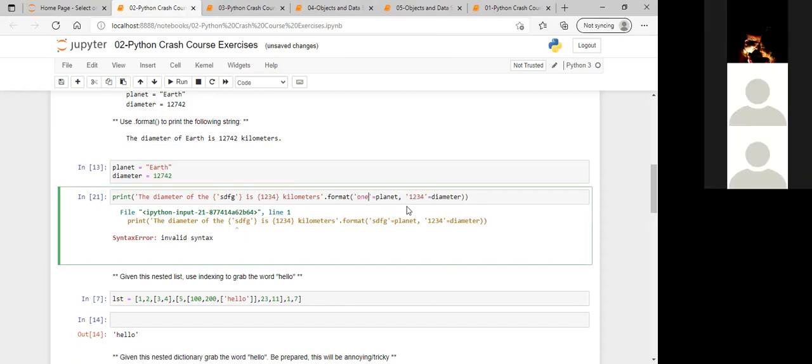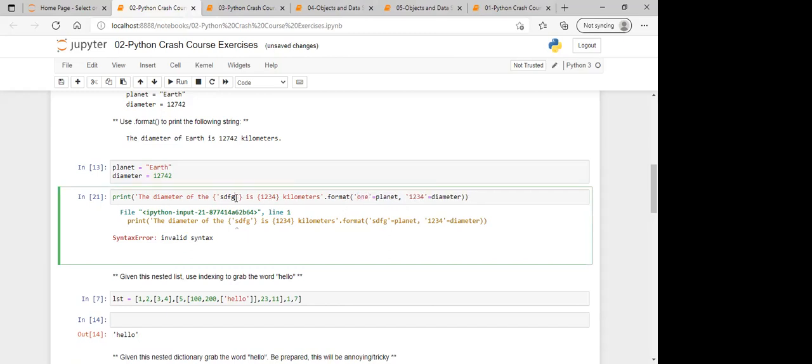SDFG inside the brackets, quotes. Just write normal numbers 1 and 2, plain English, without quotes.